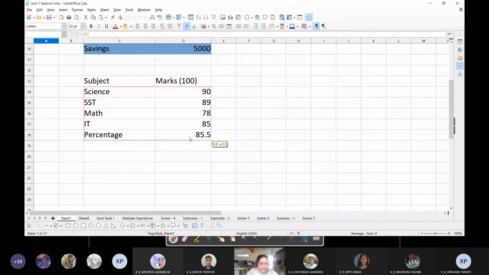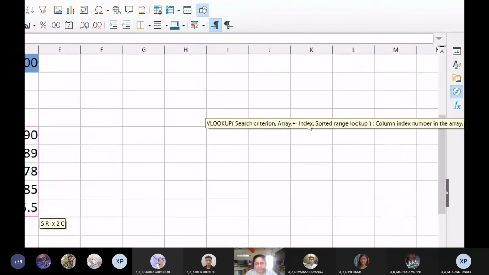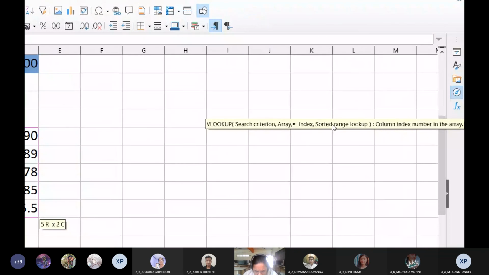Suppose this is the array which he has selected. Then comma, and now you can see that even if he is in some other worksheet, in some other workbook, he can still see the formula. One second. He can still see the formula over here.